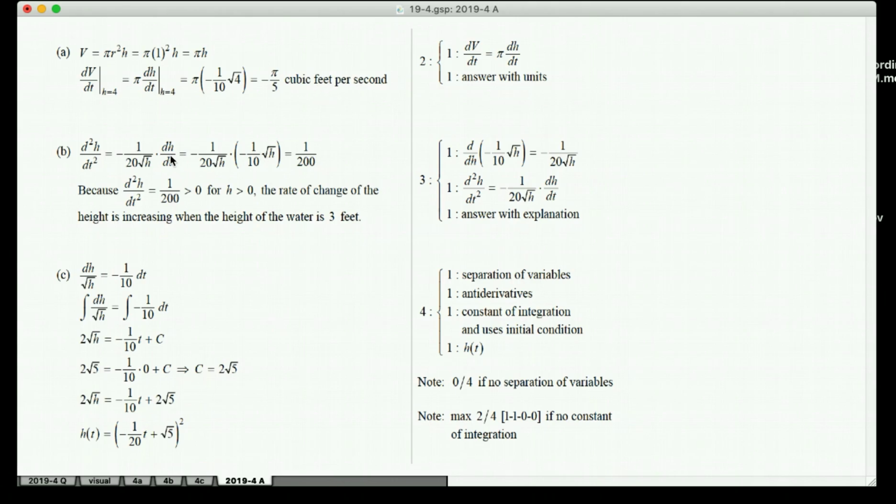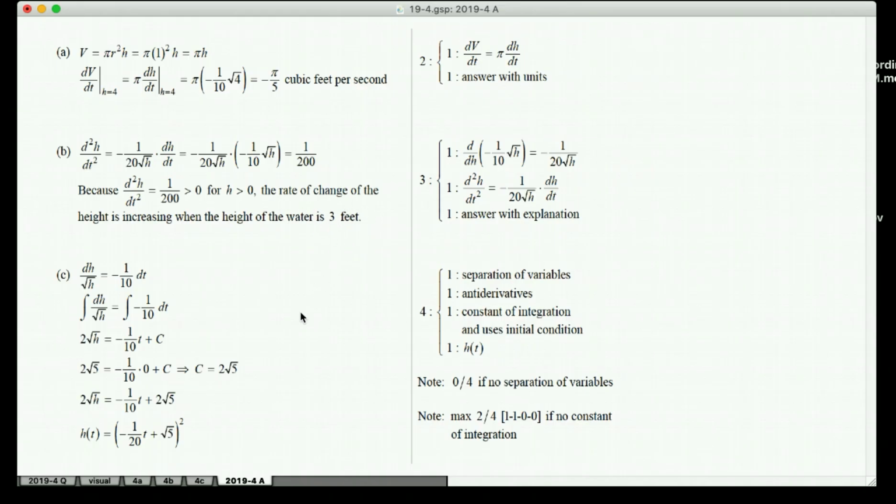Part B, they did the chain rule differently than I did it, but if you did it the way I did it, you'd have gotten 2 points for d squared h over dt squared, and this is what we got, and then 1 point for the answer, which was 1/200, and making sure you state it's greater than 0, therefore the rate of change is increasing at this instant